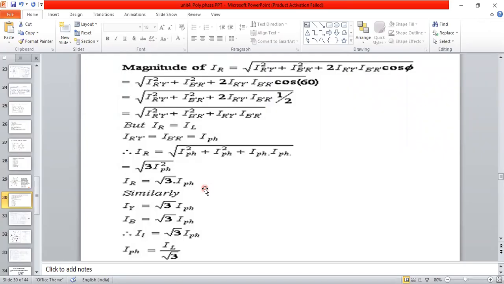So this is the equation of current. Now, is it clear, delta connection equations, how to derive them? Yes, sir. Can you tell me, you just interact here: compare these equations with the star connection. What is the difference? You tell me now.